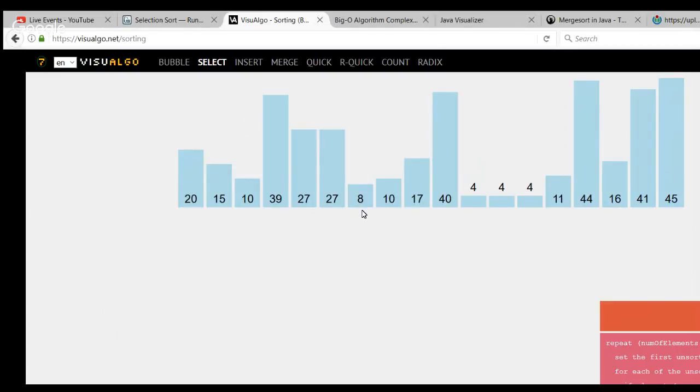So basically what happens in selection sort is, similar to the way you did sequential search, you're going to be searching through an array of numbers until you find the smallest value. It starts at 20, and because it doesn't have anything else there, the initial smallest value is 20. But then immediately as you go to the next value,